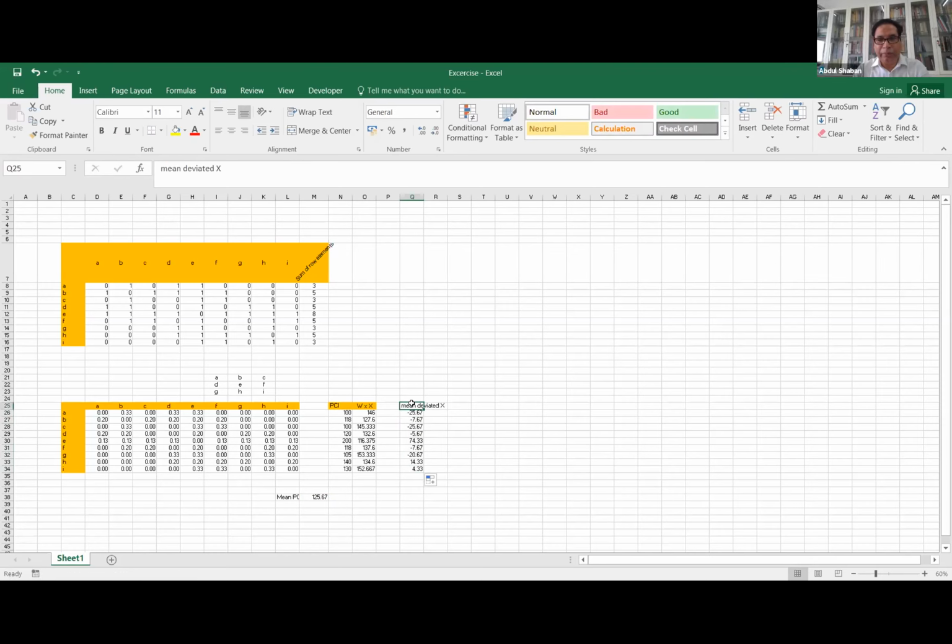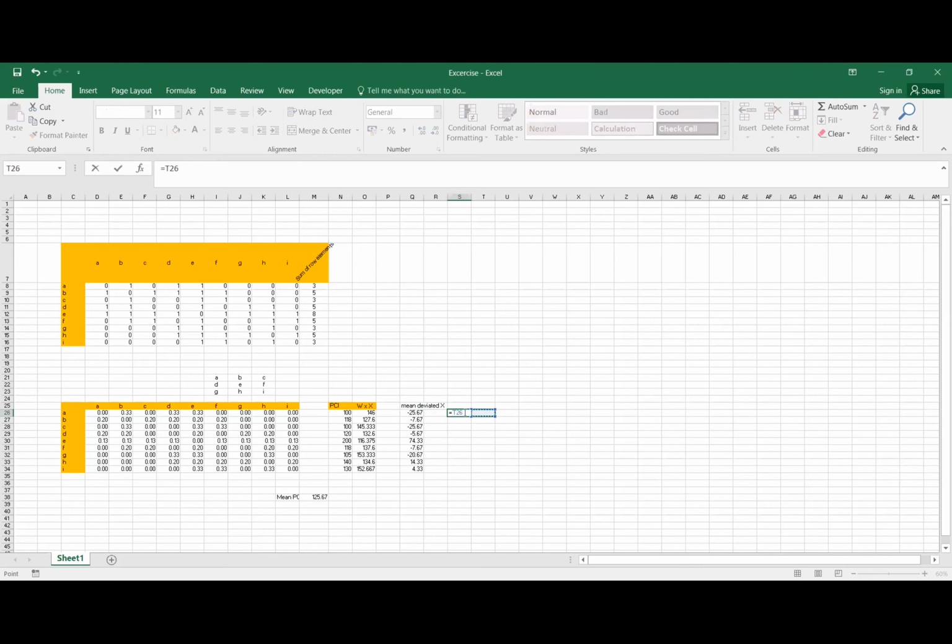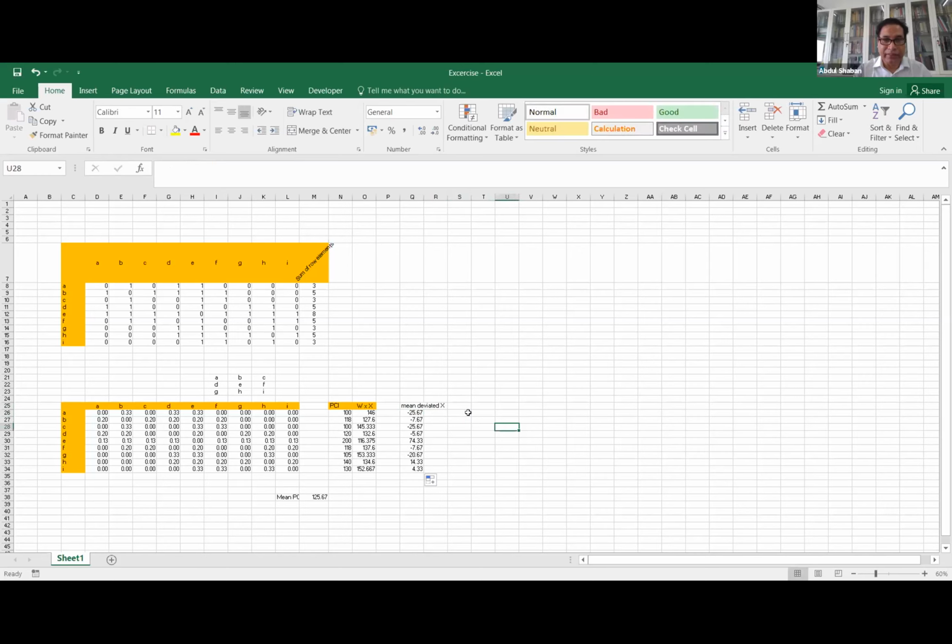This is a small thing. Now you multiply it again, between the first matrix W and mean deviated. Just after two columns, go down towards the right. Multiply it. Again, type M equal to. Block it first. Your Excel is not giving this facility like mine. Block it. Equal to MMULT.